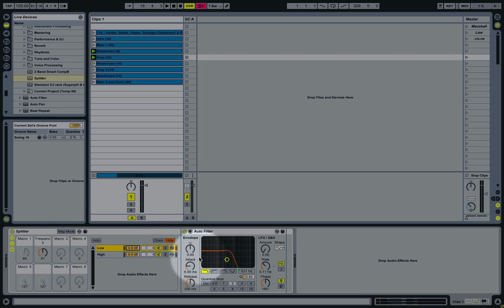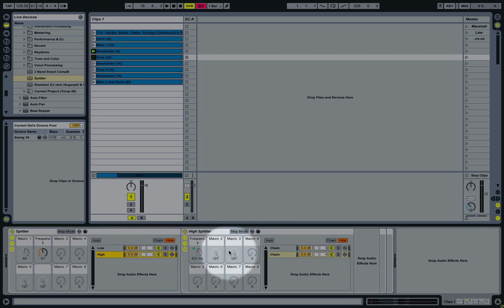So yeah, you can see that's mathematically pure, and unless you actually do something to change one of these two signals, it will always add back together to the original sound, which makes it really useful for DJing and stuff like that. So a typical example of what I might want to do with this effect would be taking the